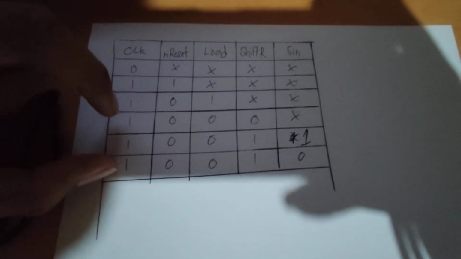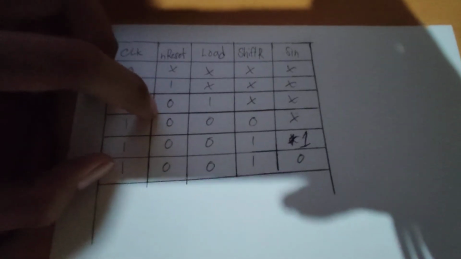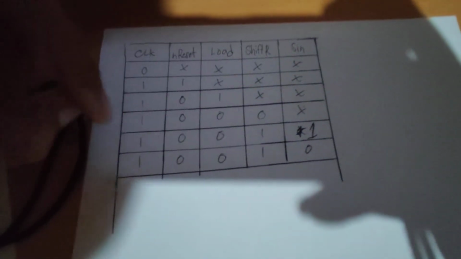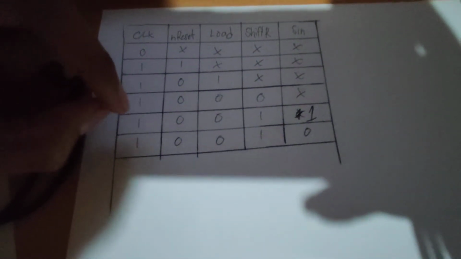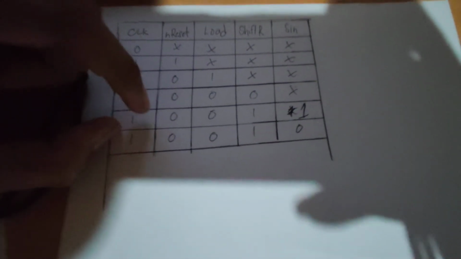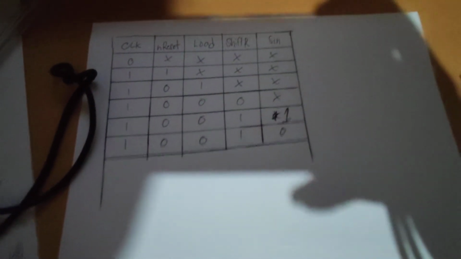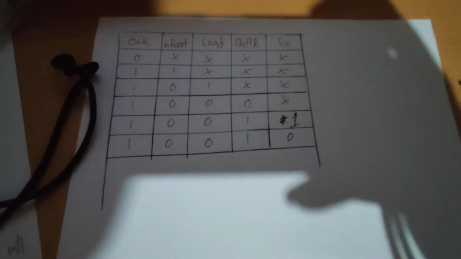If clock is 1, N reset is 0, load is 0, and shift R is 0, then SIN is neglected, or don't care. If clock is 1, N reset is 0, load is 0, and shift R is 1, then